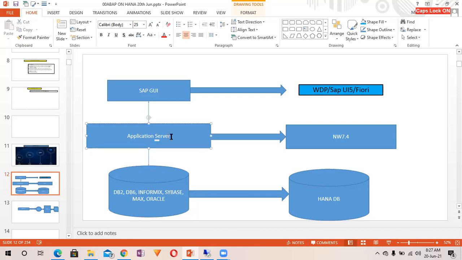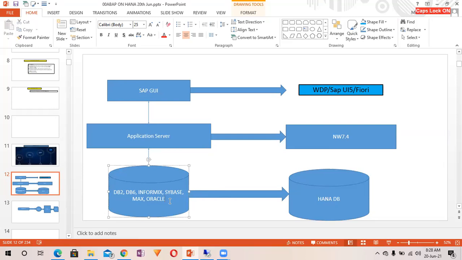We were supposed to fetch the limited data, the required data only at the application server layer, and then we used to perform the logic at the application server layer. Why? Because the non-HANA DB, the non-in-memory database, is not that much powerful, right?